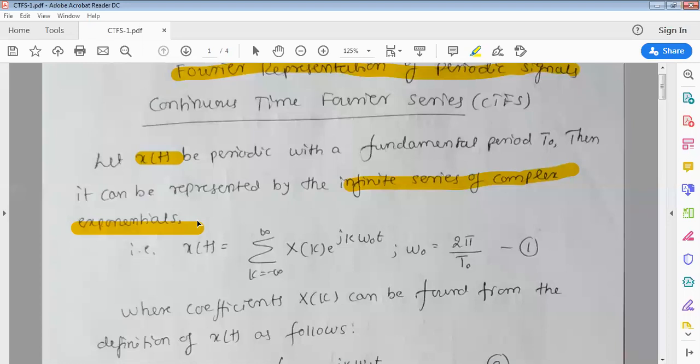Are you able to understand? Yes, sir. Okay, then tell me, I have broken a signal into sinusoidal and cosinusoidal signals of various frequencies. What is the use of doing this? I am happy with the square wave of 100 hertz only. In time domain, I'm very happy. Why should I break it into the frequency domain and know these are all the frequency components present in the signal? Why should I do that?